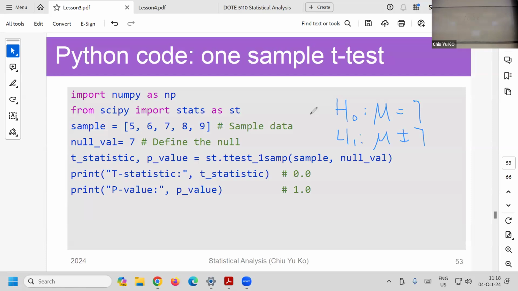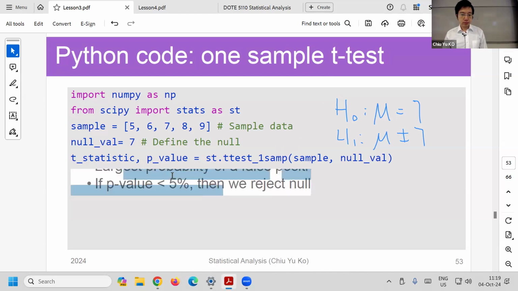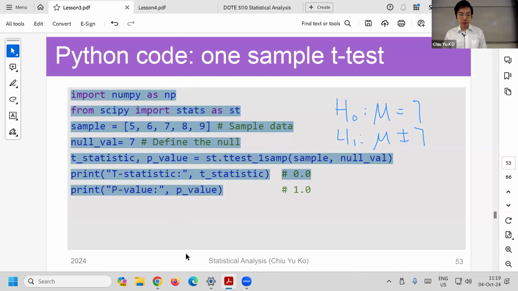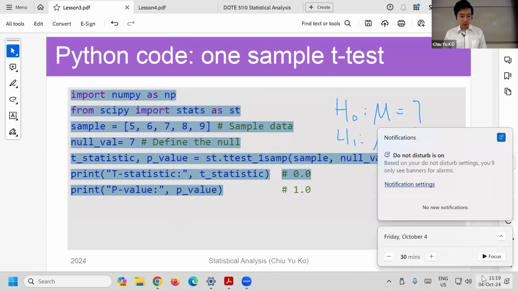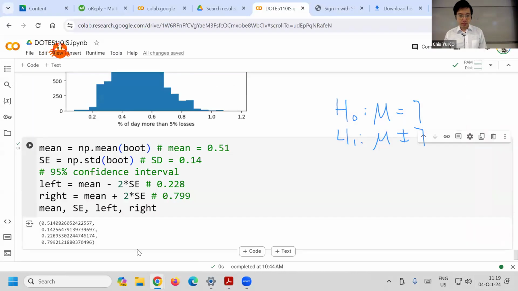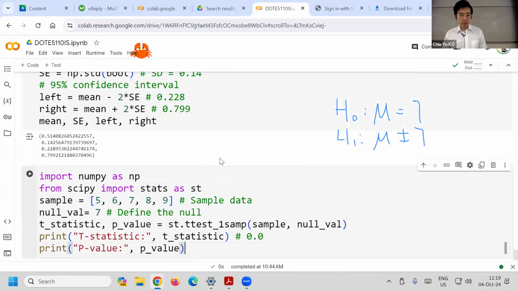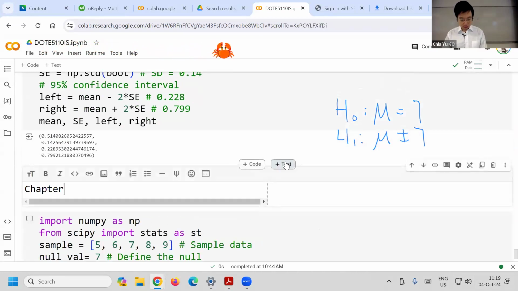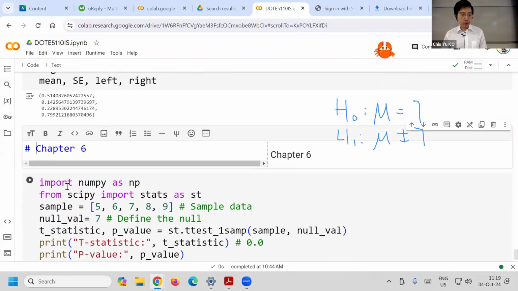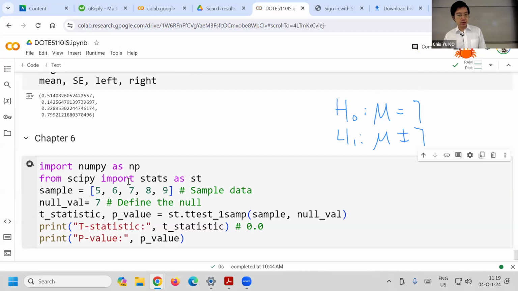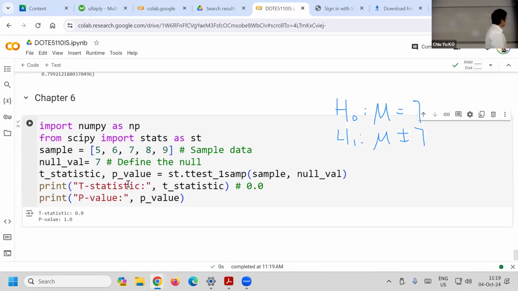So what you usually do is a one-sample t-test. Then you can do the t-test. So let me copy it. So I think we have chapter 6 here. Right. So if we try to run this, it will tell you what you care about